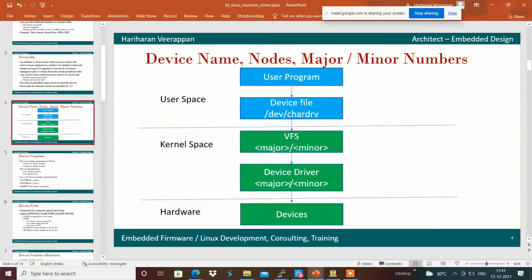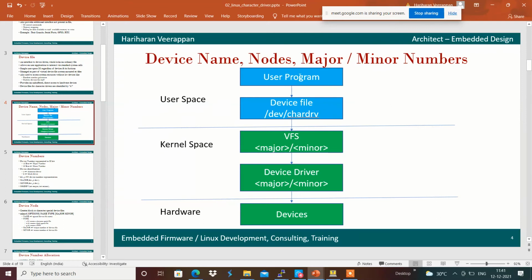There is a respective device driver present inside the kernel space, character drv.ko, as the module which has been inserted into the kernel space in order to handle this character drv device file request from the user program.